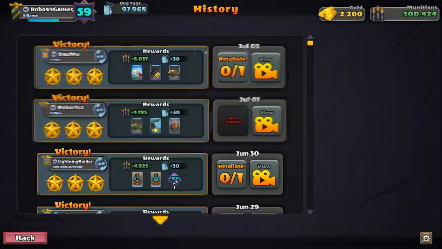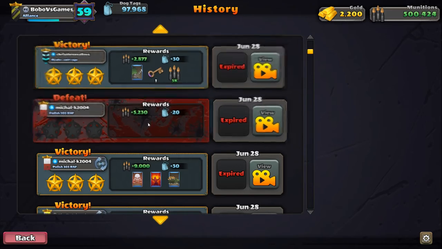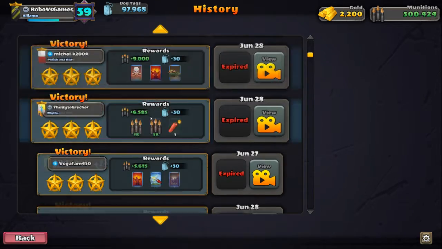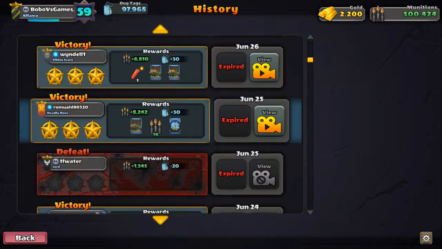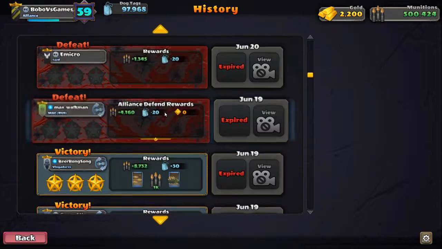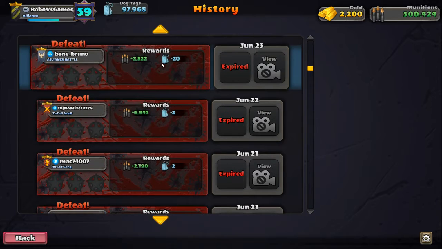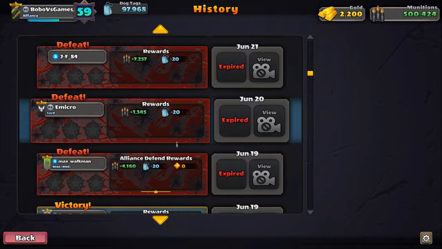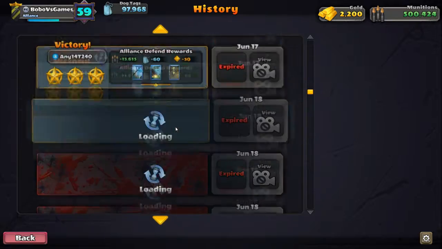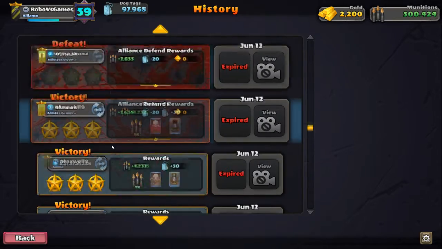You can see I have 4 victories in a row lately. I lost. You see, you lose, you win a few, lose again, win, and this was a bad situation here, where I thought I'm going to change the base, which I didn't. So yeah, you lose, you win, you lose, you win. It's small losses here, but